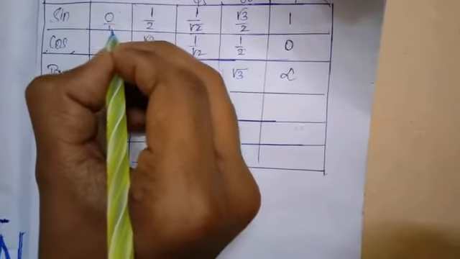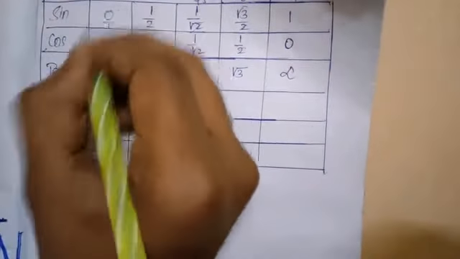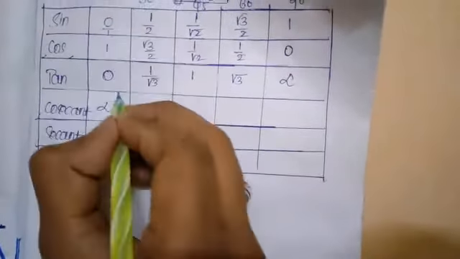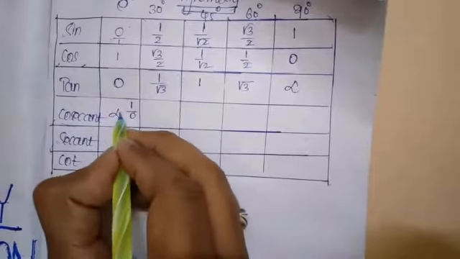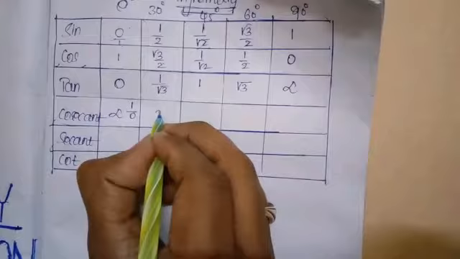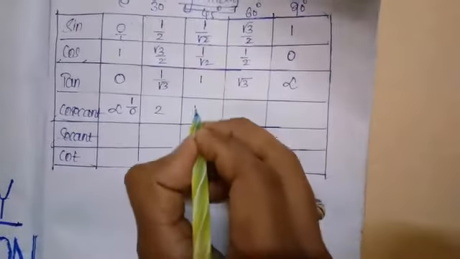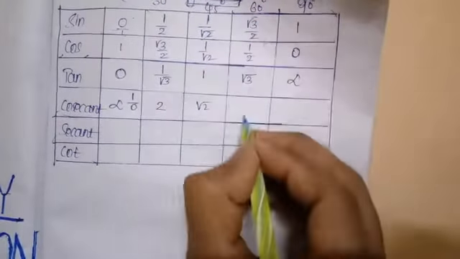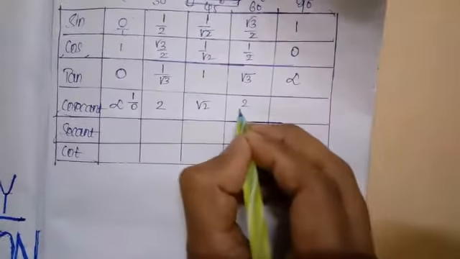Next we have to come to cosecant. Cosecant is the inverse of sine. We have 0 by 1 in sine, but when coming to cosecant we have to reverse, that means it is undefined, because 0 by 1 means we get 0, but the inverse will be 1 by 0. When it is 1 by 0, we cannot get 1 when 0 is multiplied by any number, so it is called infinity. Next, sine 30 is reversed when coming to cosecant. Next, 1 by root 2 will be root 2 and root 3 by 2 will be 2 by root 3. Next, 1 will be the same.